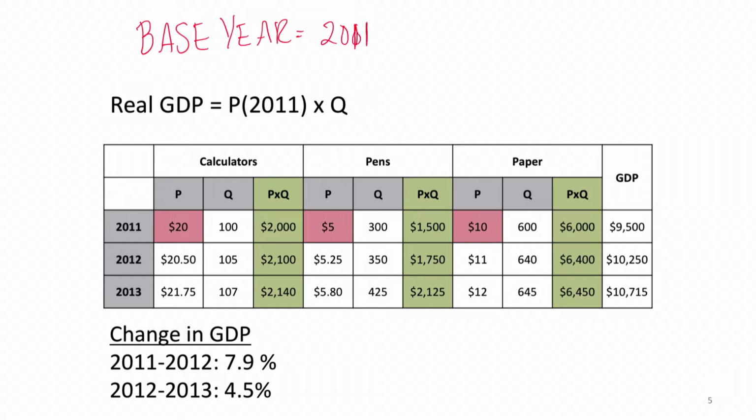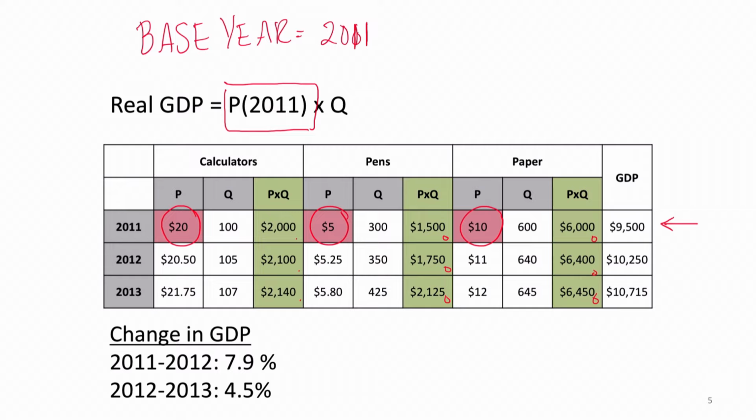So that tells us that for our real GDP calculations, we keep the price constant at 2011. So we use the prices from 2011 for the calculation of the market value in all 3 years. By definition, our real GDP and our nominal GDP will be the same in the base year,